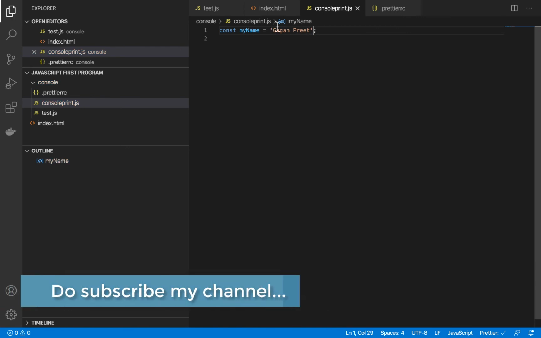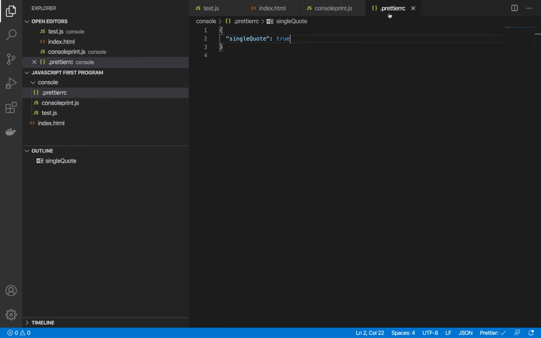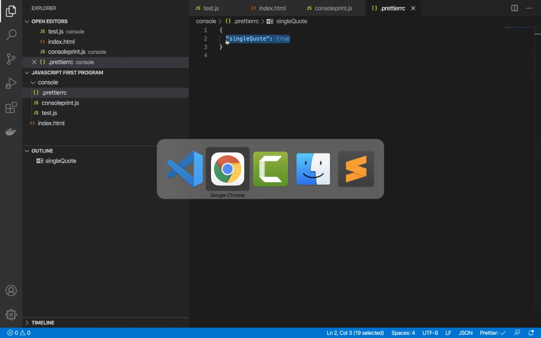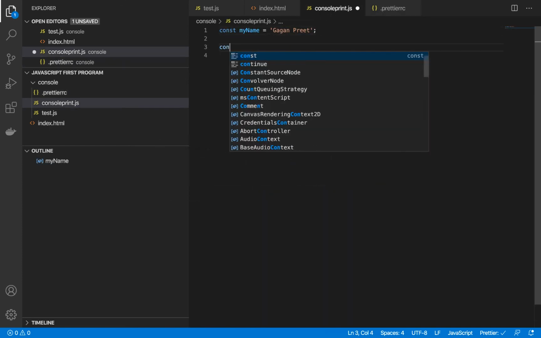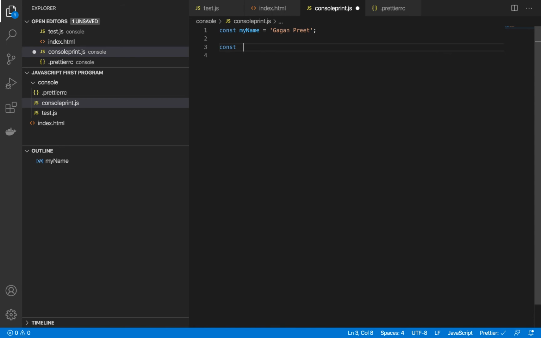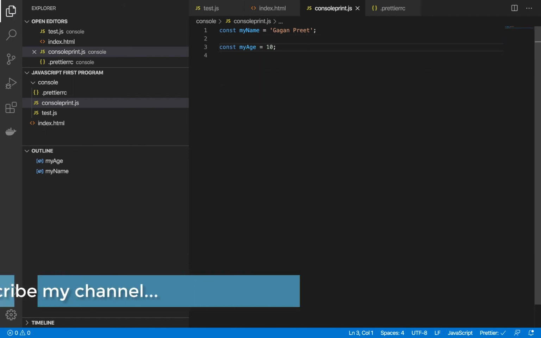So now what is happening is we are telling the Prettier tool that if you have a single quote coming up here, then don't change it to double quote. So we are providing this particular value over here. Similar to this, you can do multiple things over here. So for instance, you can write something like, let's say, constant multiple spaces, my age, and I will say 10. Once you click on save, it will format it again. So this is a way of seeing how Prettier actually works. If you provide multiple spaces here and you save it, it will again do all these changes.